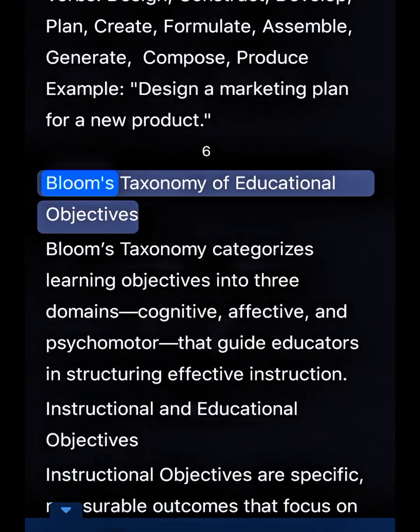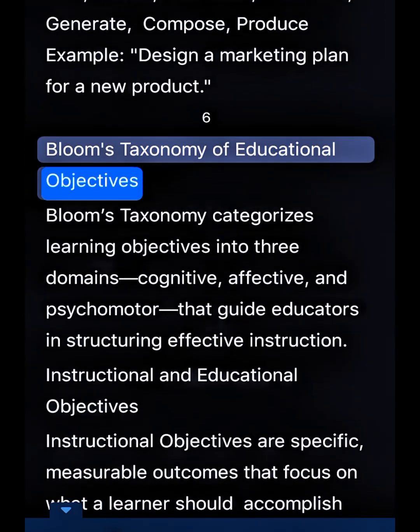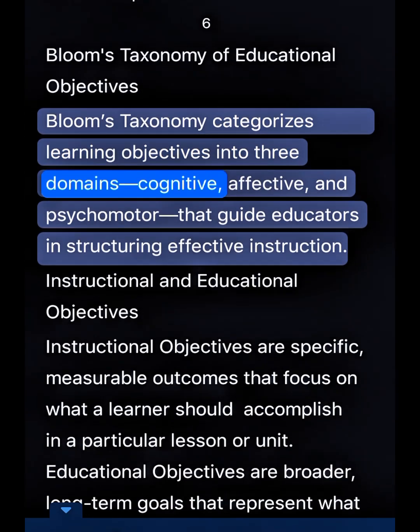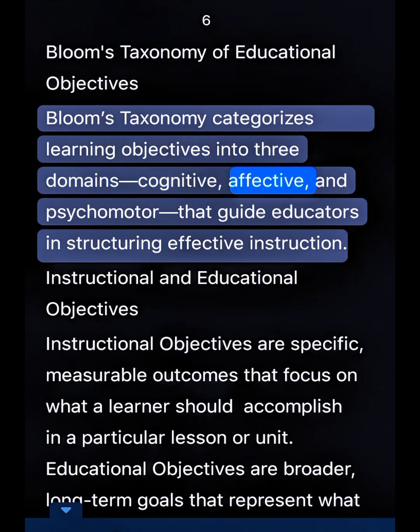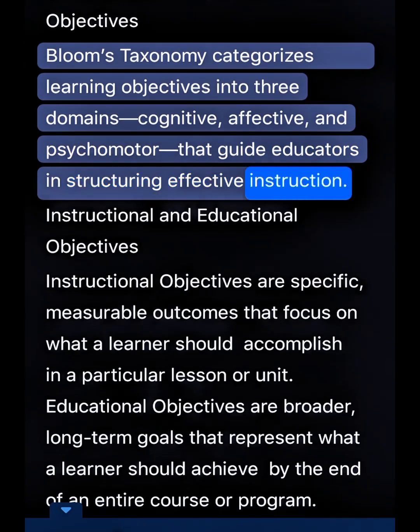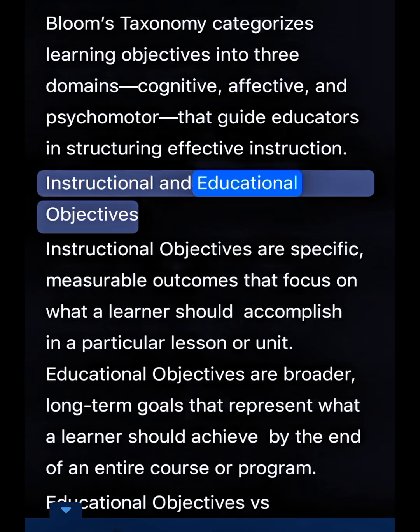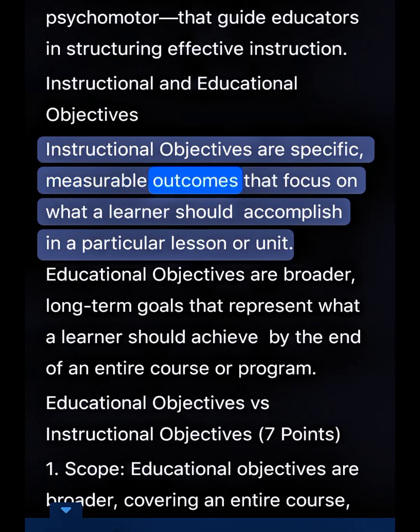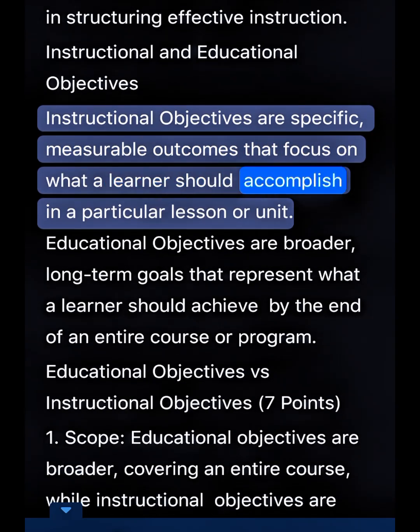6. Bloom's taxonomy of educational objectives. Bloom's taxonomy categorizes learning objectives into 3 domains: cognitive, affective, and psychomotor, that guide educators in structuring effective instruction. Instructional and educational objectives. Instructional objectives are specific, measurable outcomes that focus on what a learner should accomplish in a